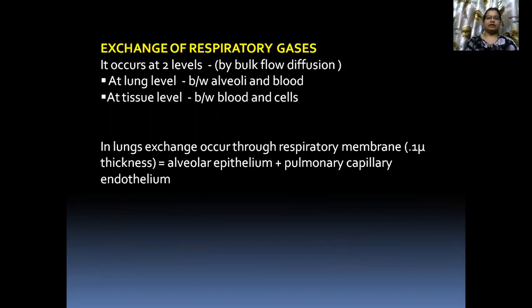Exchange of respiratory gases. It occurs at two levels, at lung level and at tissue level. Gas exchange is done by bulk flow diffusion. Bulk flow diffusion means transport of substances from their high partial pressure to low partial pressure. At lung level, there is an exchange between alveoli and blood, and at tissue level, there is exchange between blood